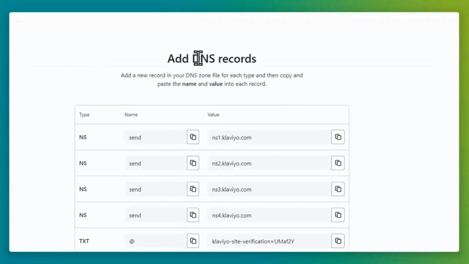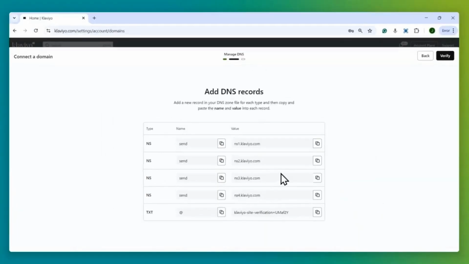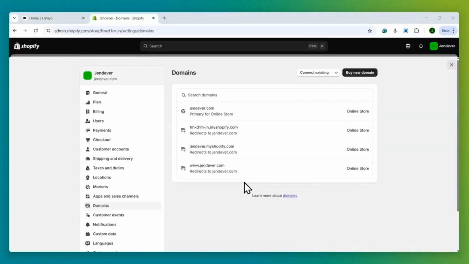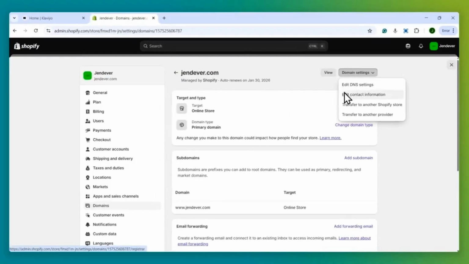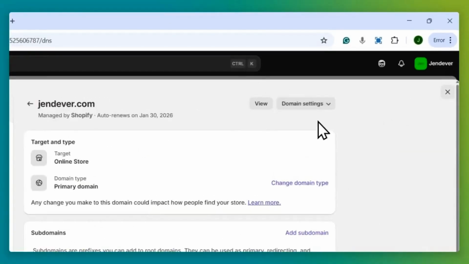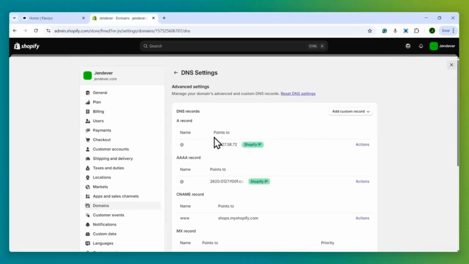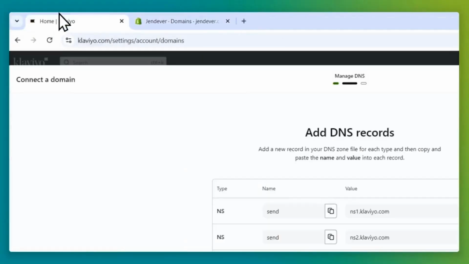You don't need to know what DNS is, you don't need to know what records is. Just simply copy and paste these into your domain provider. The settings, the layout might be a little bit different, but it's basically the same. You just want to log into your domain provider, look for your domain. There's going to be some sort of option that says edit DNS settings or configure DNS settings. Just look for that, and then look for an option to add custom record, okay? And then you're just simply going to add